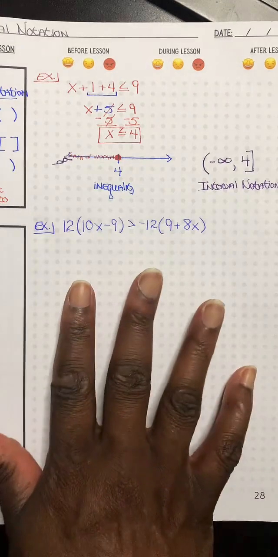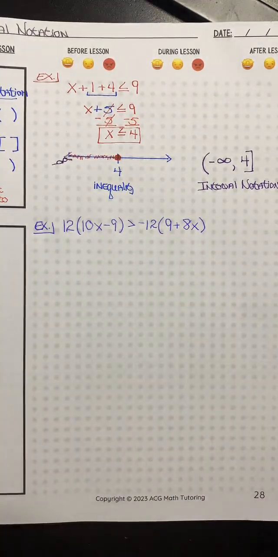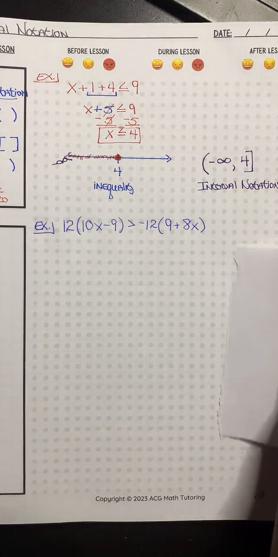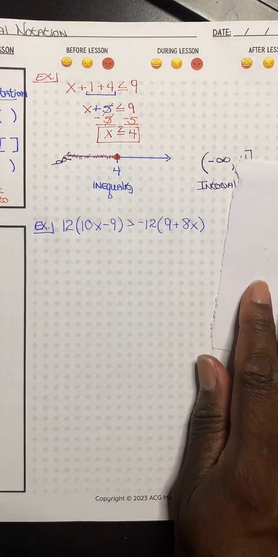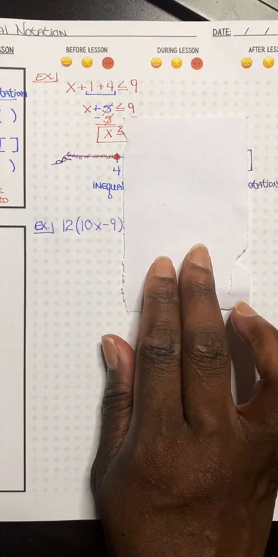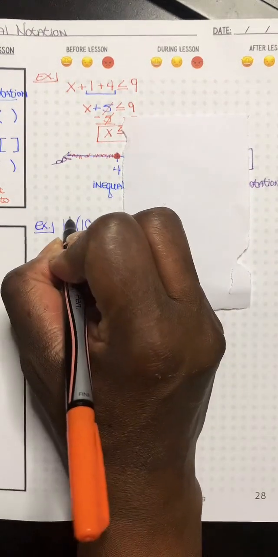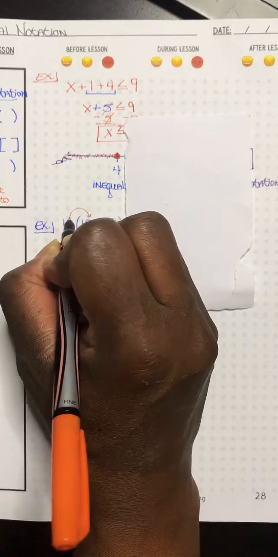Now, for this, don't get overwhelmed, okay? I had another sheet of paper. I don't know where it went, but we're just going to do this. Anytime they give you a problem like this, here's my suggestion. Cover up one side, okay? Cover up one side. So when we're covering up this one side, the first thing that I see is I got distributive property,